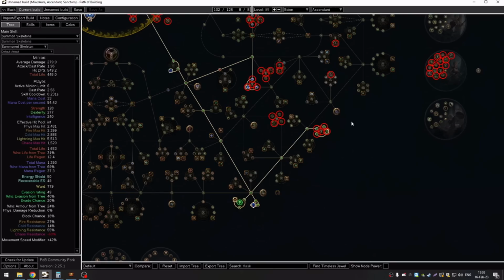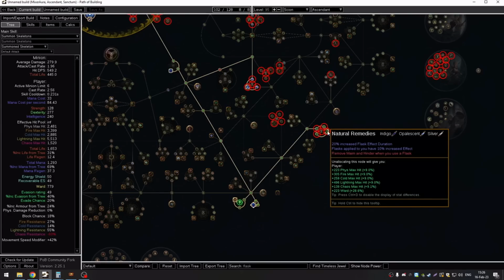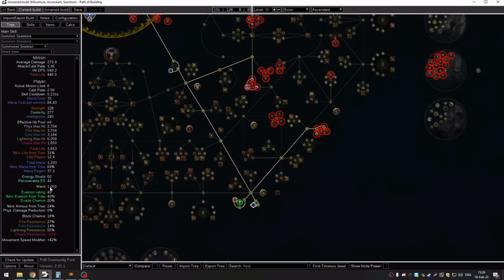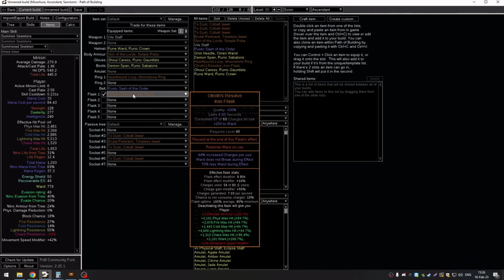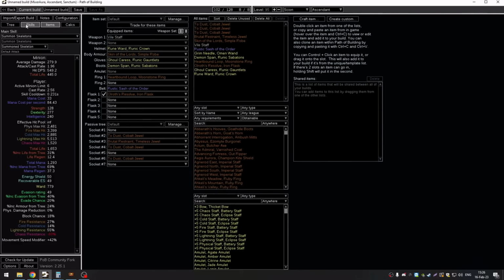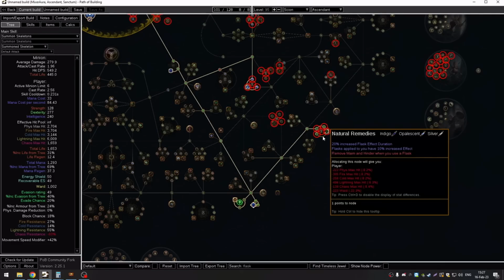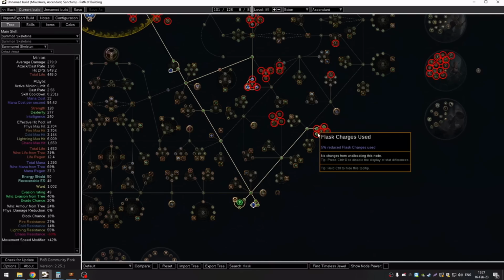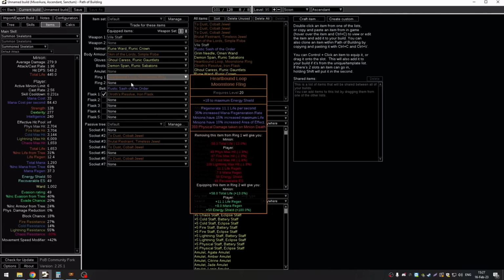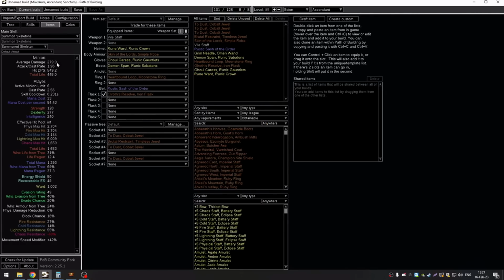So what will happen here, as you can see, with flask effect we have 1000 ward active while the flask is active, and when we have flask effect it lowers our ward. Why? Because this flask effect is less ward, and we don't want flask effect, only flask effect duration. Here I took these 3 nodes and let's see. Now we have 69, so we need